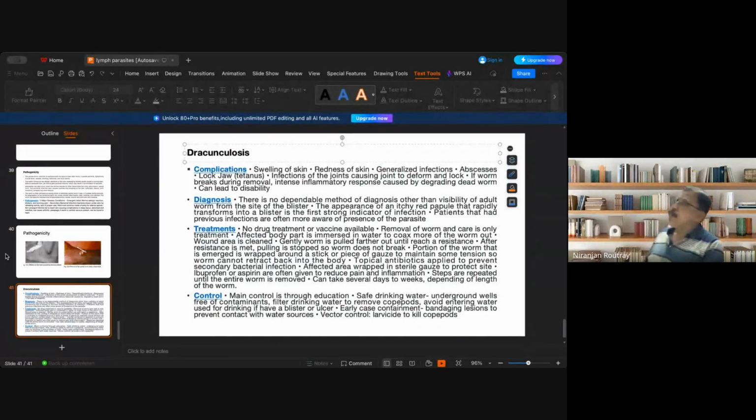The horse is not a reservoir, the bird is the reservoir. The horse is a dead end. So the mosquito cannot pick it up from the horse. Horse is a dead end. The virus will only be released in the body of the horse so that the horse will suffer, but it cannot be transmitted from the horse to another horse through a mosquito. That is why it is called the dead end host. It is the most common disease in the western region.